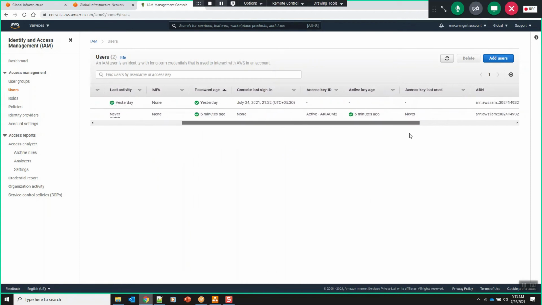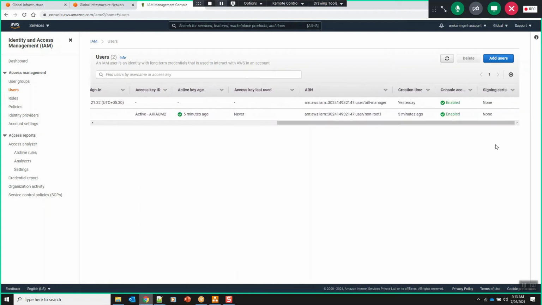Active key usage. And I need to tell you something. For every resource which we create in Amazon, there is something called an Amazon Resource Name. Just like we use Facebook and have a separate user ID, in the same way for whatever users we create, we will have one user ID, right? But the thing is, is the user ID unique across all accounts? No, right? The user ID is not unique across all accounts.